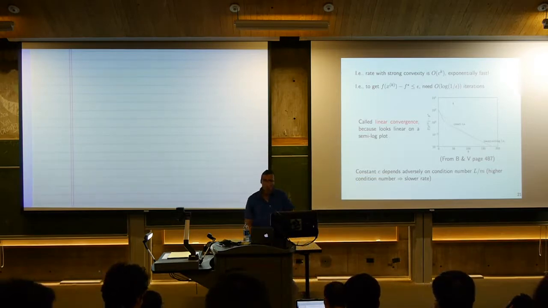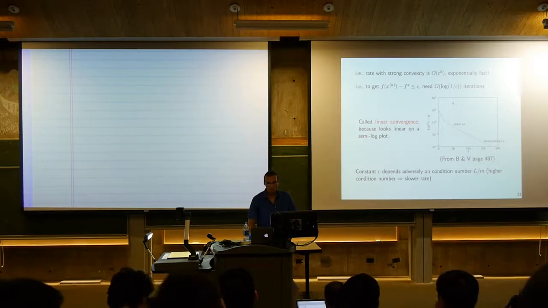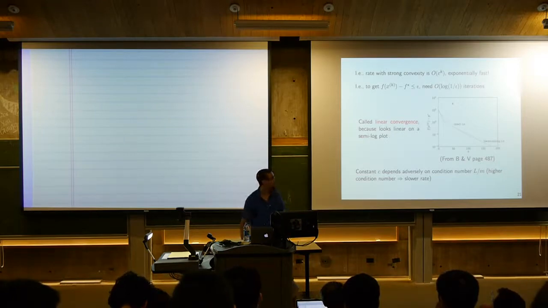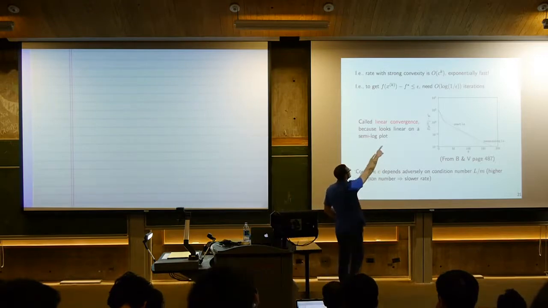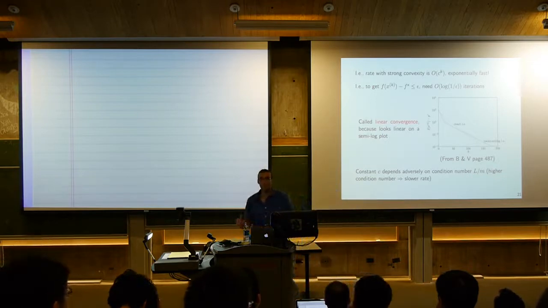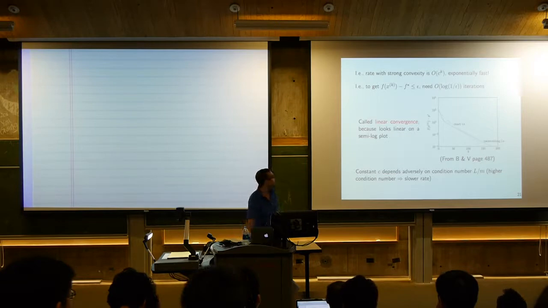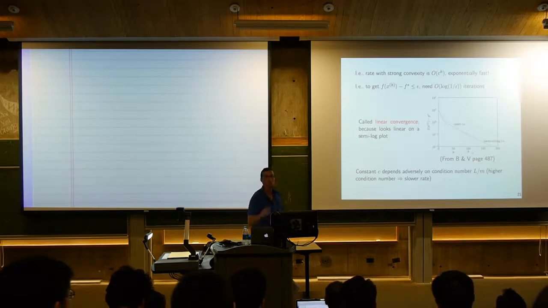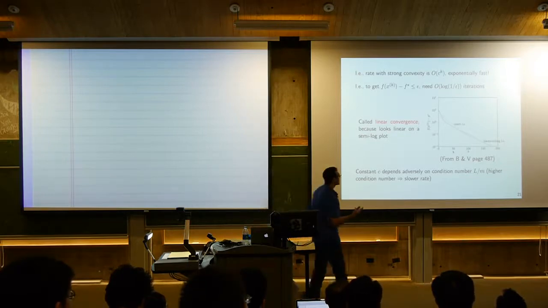So something you may see in optimization literature, like in the Boyd and Vandenberghe textbook or just papers you might read, is that this is called linear convergence, which is kind of strange because if somebody asked you what kind of function c to the k is as a function of k, you would never call it linear unless you were doing optimization research. And that's because we typically plot